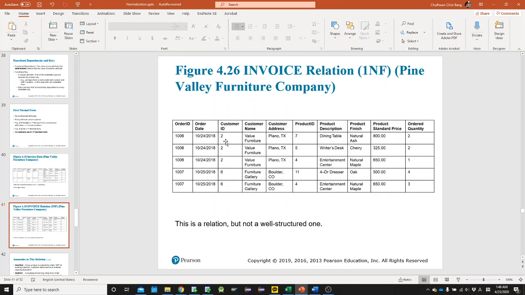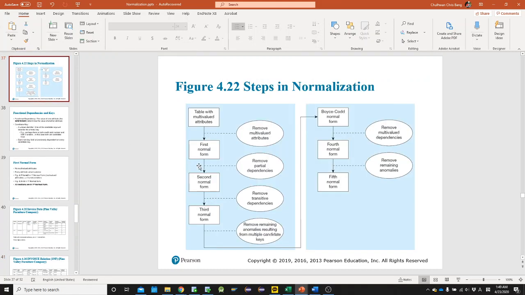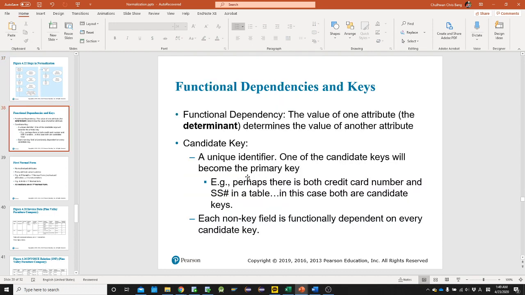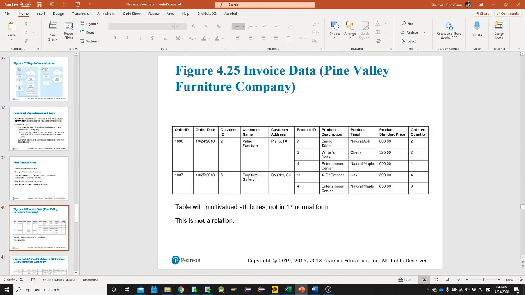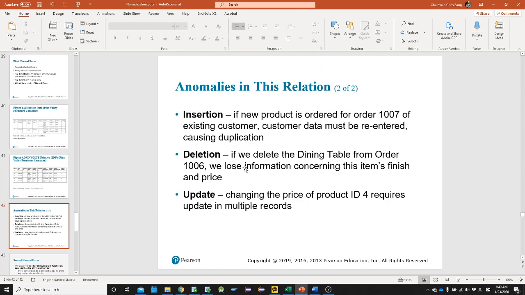If you have separated rows, then you can say you just removed the multi-valued attribute, which means you are done with first normal form. Okay, so if you're done with first normal form, what you have to do is remove partial dependencies. Partial dependencies is information dependent on